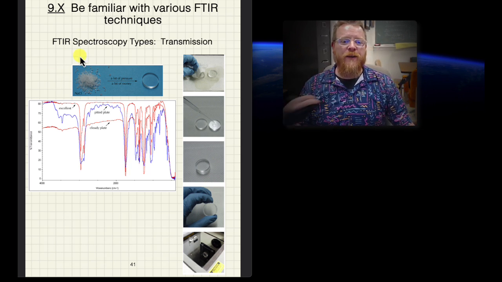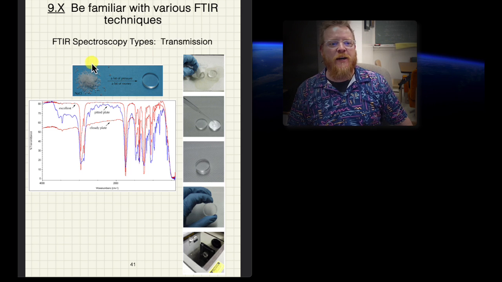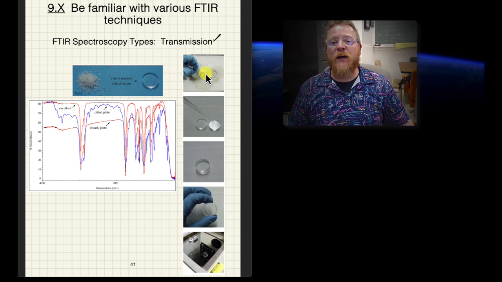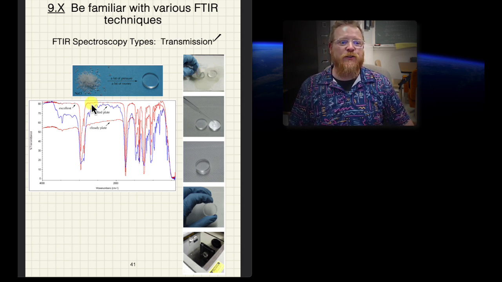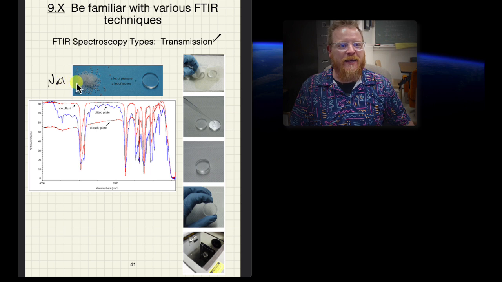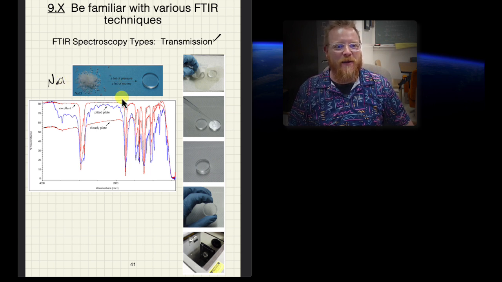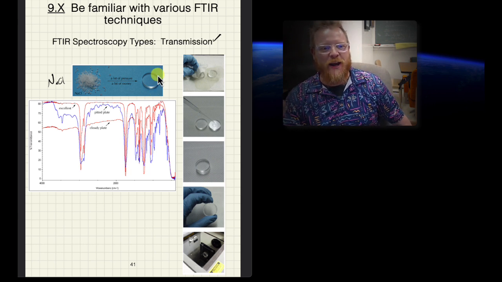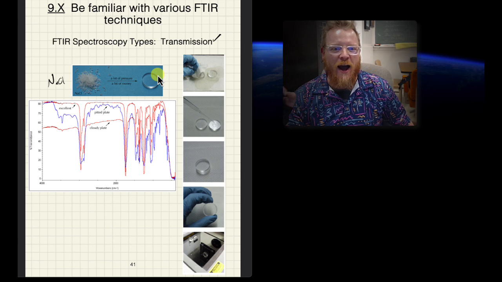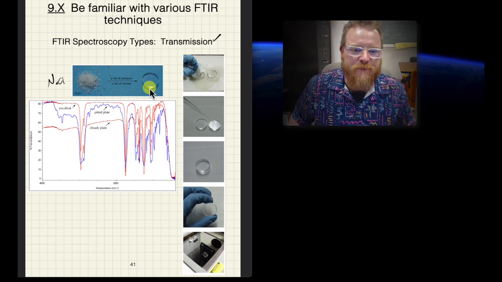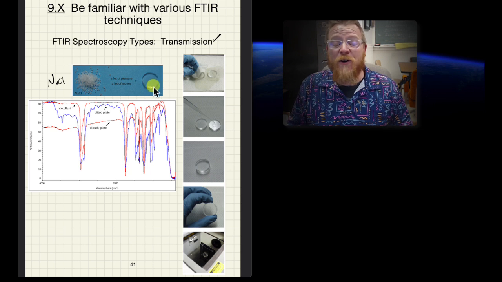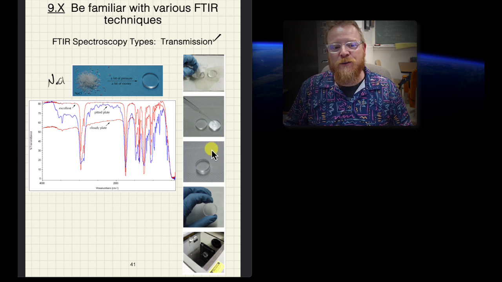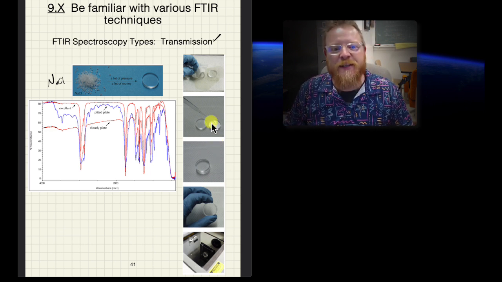So, one of the original types of ways to do FTIR spectroscopy was via transmission. And this is typically done with salt optics. So for example, this is some NaCl here, and you can see with this caption, a lot of pressure, a lot of money, and you can make an optically transparent sodium chloride optic. Pretty awesome. That being said, these are very difficult to use. Obviously, if you put on liquids that might dissolve the sodium chloride, you're going to ruin your optic,